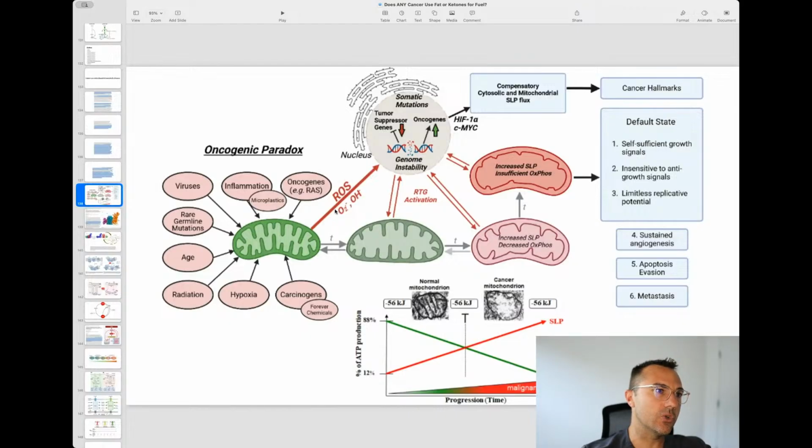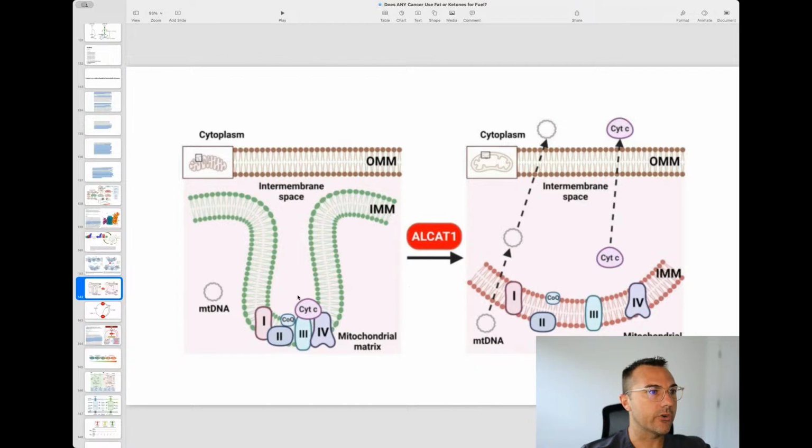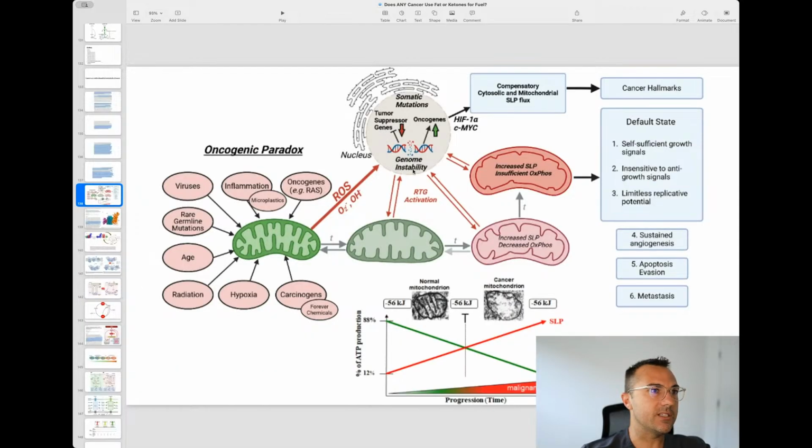ROS, reactive oxygen species, superoxide, the hydroxyl radical. On this graph it makes it seem that ROS is affecting only the nuclear DNA and leading to genomic instability, but it's not only affecting that, it's also going to feed back on the place where the reactive oxygen species are the most proximal, right? The electron transport chain is here in the mitochondrial membrane, and the mitochondrial membrane is right next to the mitochondrial DNA. So it's not going to just create reactive oxygen species and damage nuclear DNA. It's also going to damage